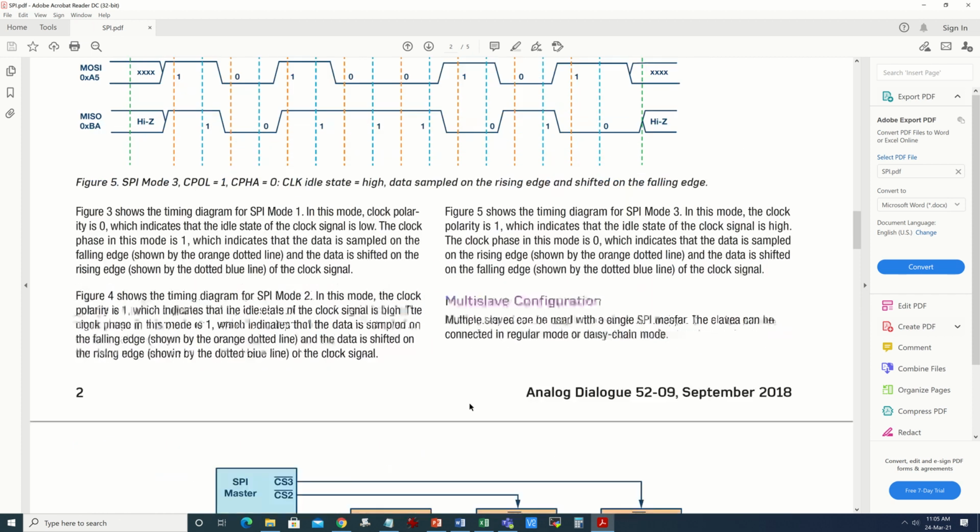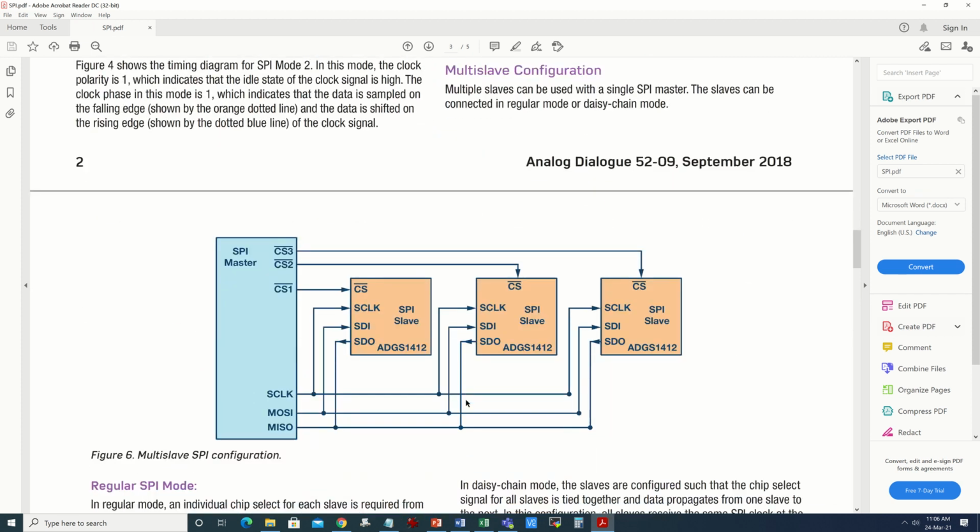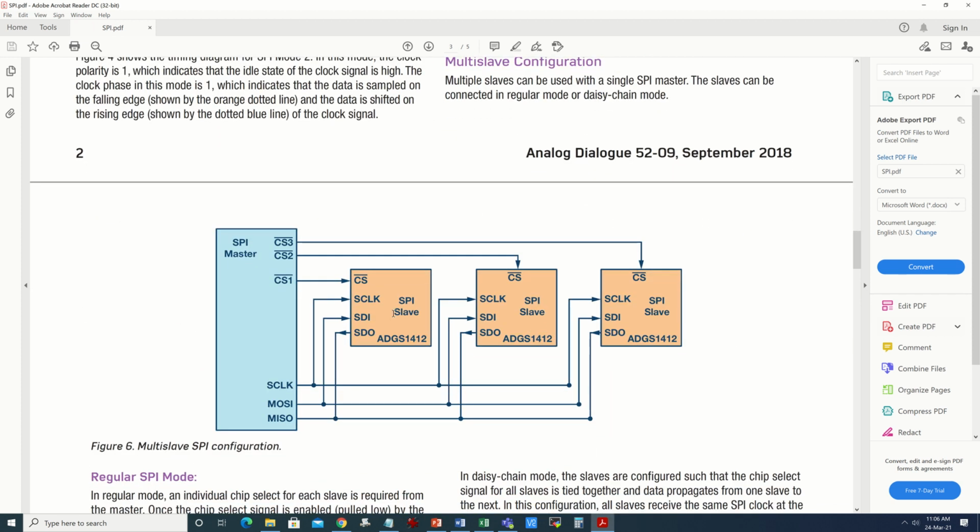Okay, so you can read this particular document and see how we connect several SPI devices. This is a practical example where a microcontroller is driving multiple slave devices. In this case the terms are slightly different: you can see SCK or SCLK, which is the same clock, and SDI, SDO are the lines at the peripheral side, whereas MOSI or COPI and MISO or CIPO are the lines on the microcontroller side. Serial data input SDI and serial data output SDO are all unidirectional lines.